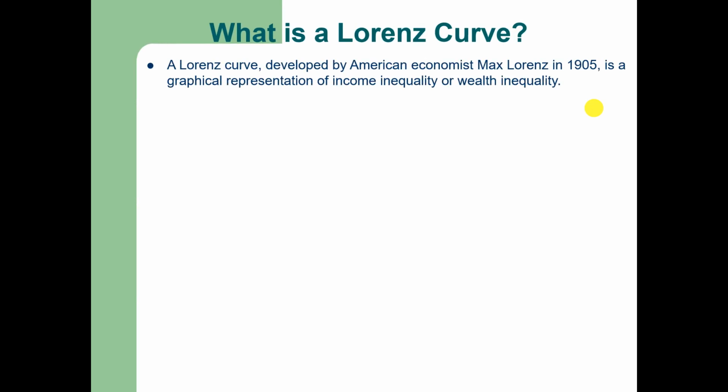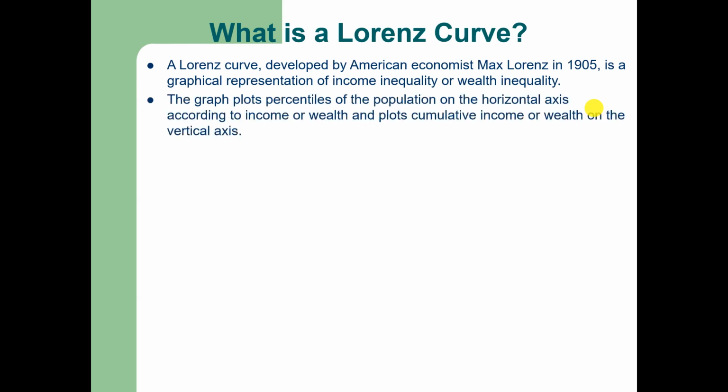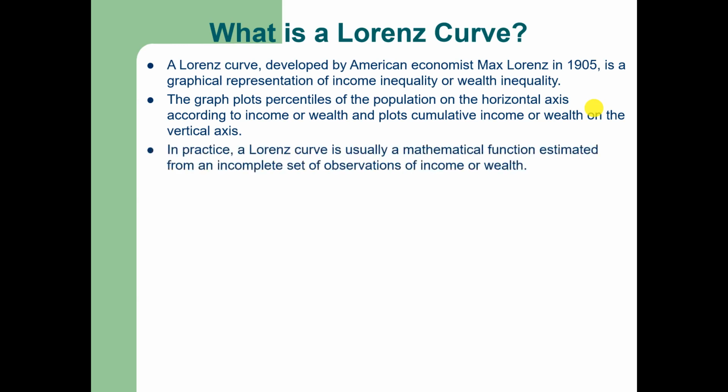The Lorenz curve was developed by an American economist, Max Lorenz, in 1905. It is a graphical representation of inequality or wealth inequality. The graph plots percentiles of population on the horizontal axis according to income or wealth, and plots cumulative income or wealth on the vertical axis. In practice, a Lorenz curve is usually a mathematical function estimated from an incomplete set of observations